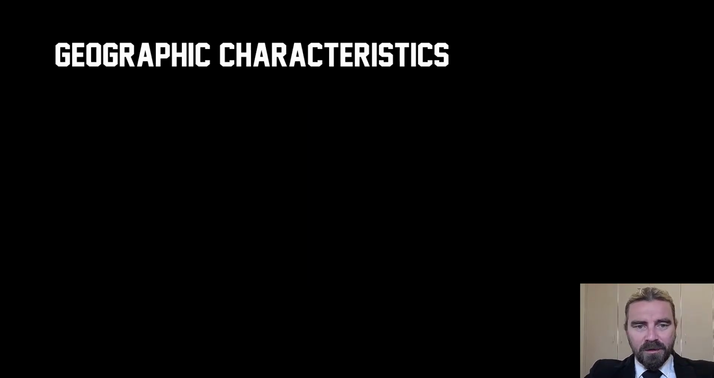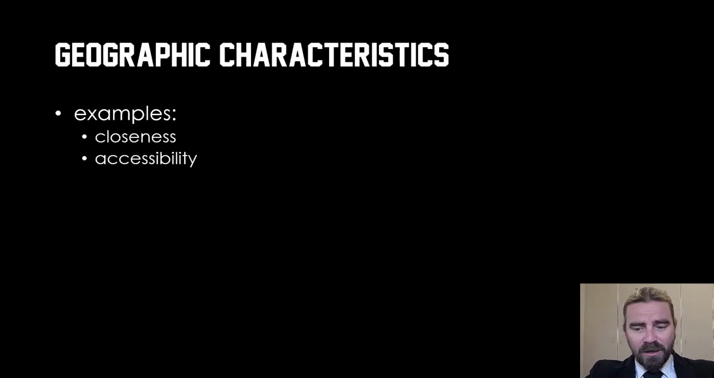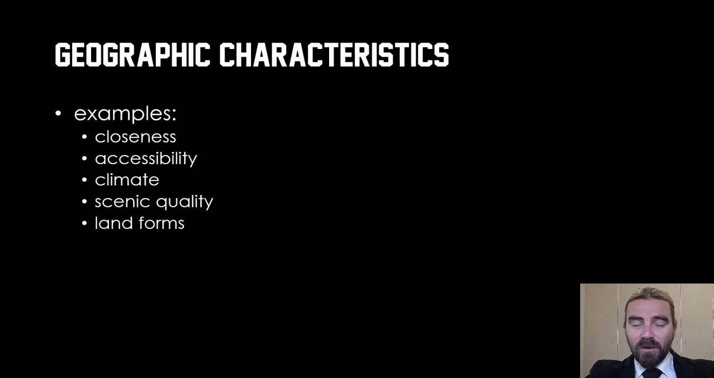Okay. So, geographic characteristics. What you talking about, Willis? This is what I'm talking about. Here are some examples. How close you are to other people, to other houses. How accessible it is for people with different levels of mobility. What's the climate like? Cold and rainy? New Zealand. Warm and sunny? Queensland. What's the scenic quality? Is there lots of green spaces, trees, birds? Or is it just gross and heaps of rubbish? What are the landforms? Are there mountains around? Lakes, rivers, plains,